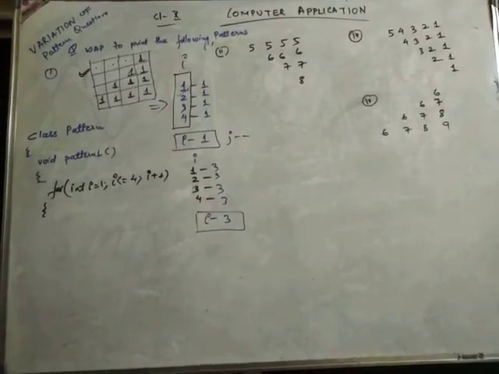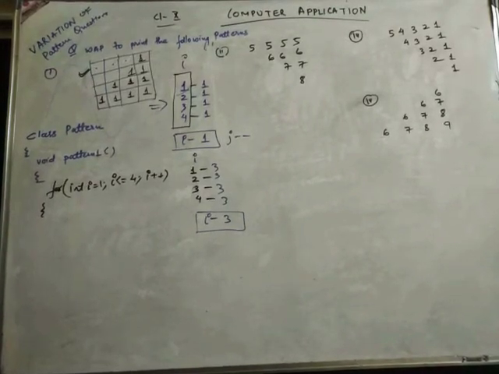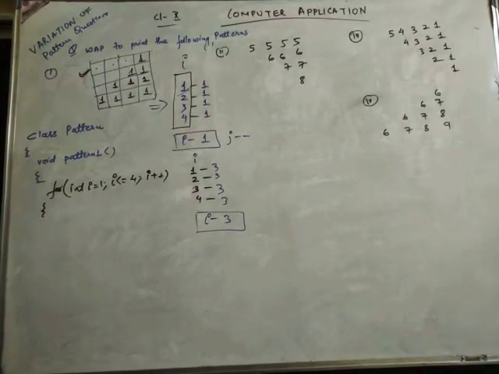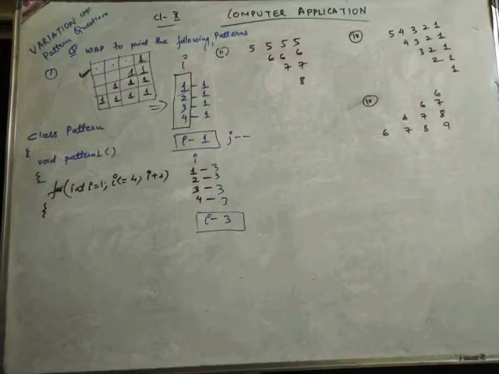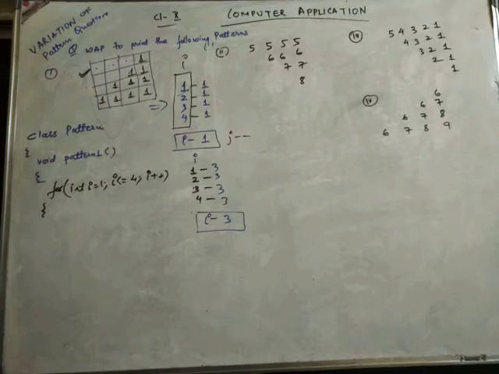I-3 I have written. First column are the values of I and the second column the value is 3. So I wrote I-3. Now I'll be making a K loop for space. So K plus plus or K minus, how will you know? Which line? Remember what I told in the starting, which line we have the maximum space? Line number 1 we have talked about. So we have to see the line number 1. The first value was line number 1.